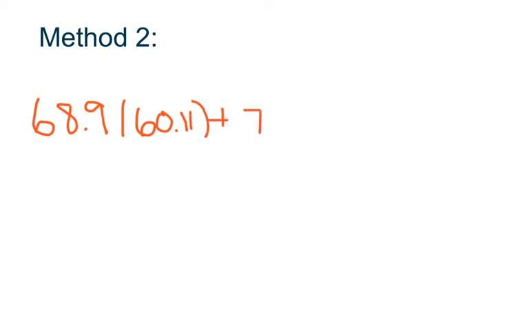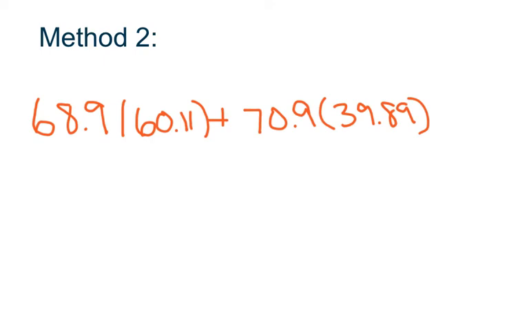Method 2, on the other hand, you just take the mass of the isotope, which for isotope 1, we're going to assign as gallium-69, would be 68.9, so it's the mass times the natural percent abundance. In this case, for gallium-69, it was found 60.11% of the time, plus the mass of isotope 2, which was 70.9, times its natural abundance percentage, which is 39.89.